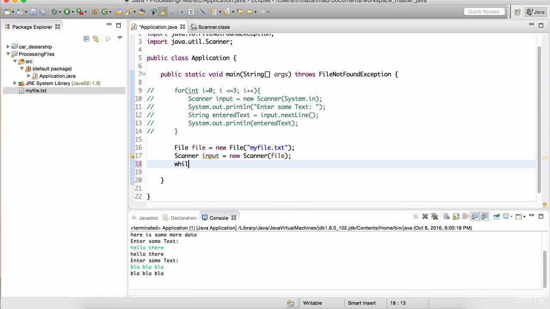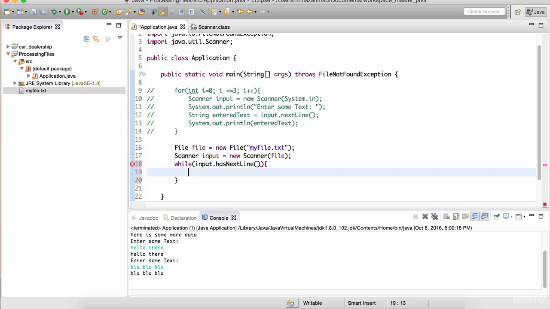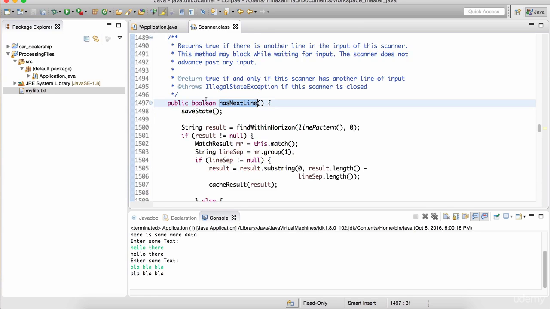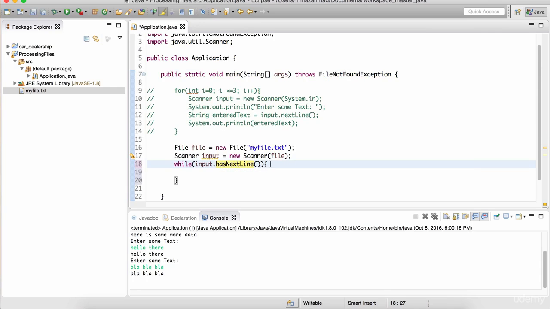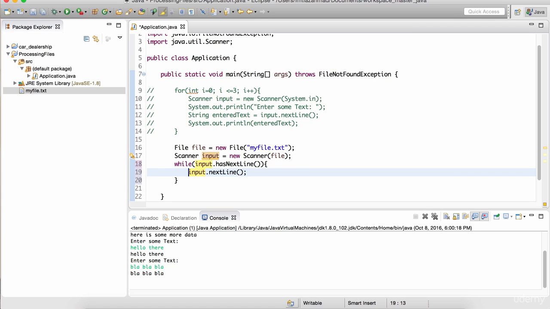I can create a while loop. While input.hasNextLine. Here's another method. This should return a boolean. So click here. Notice that it returns a boolean data type, so true or false. So if there is a next line in the file, it's going to return true. So while it's true that there is another line in the file to process, we're going to take that input.nextLine and we're going to assign it to